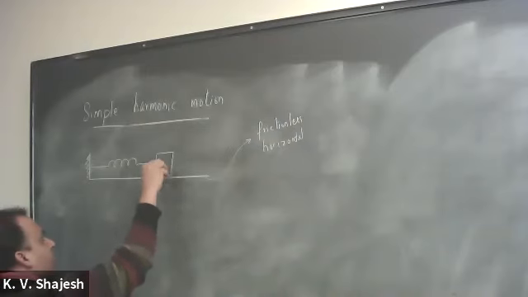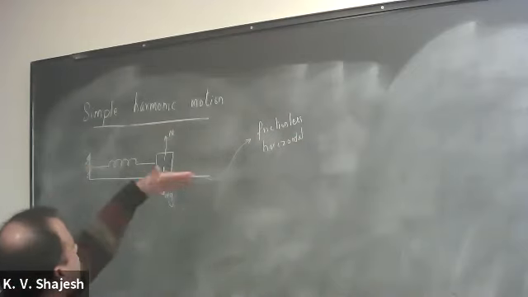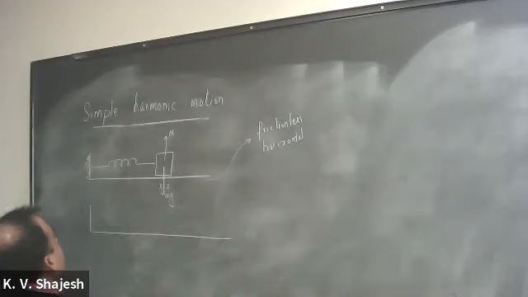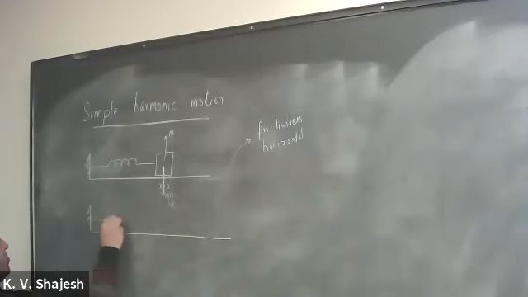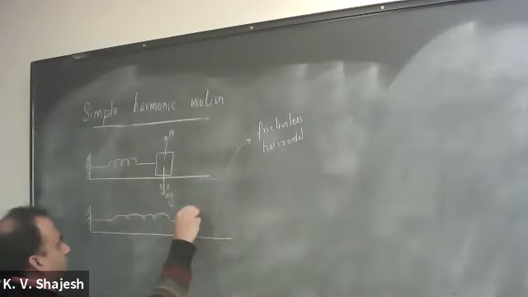There are forces acting on this. There is mg acting downwards, and the normal force acting upward. But our interest is primarily in the motion in this direction. So mg and N always cancel each other, so that won't be of much importance here. Now what we did earlier was introduce the idea of a spring force. You stretch the spring, and the mass comes somewhere here. It's the same mass, m.